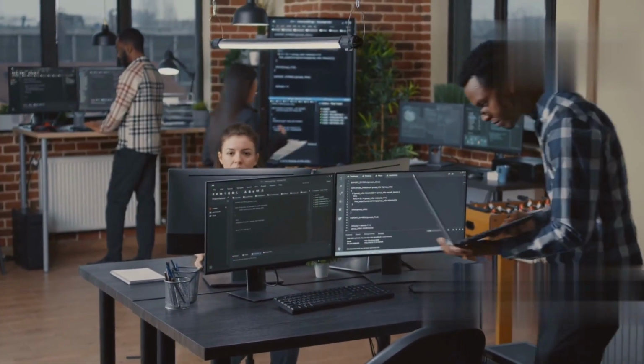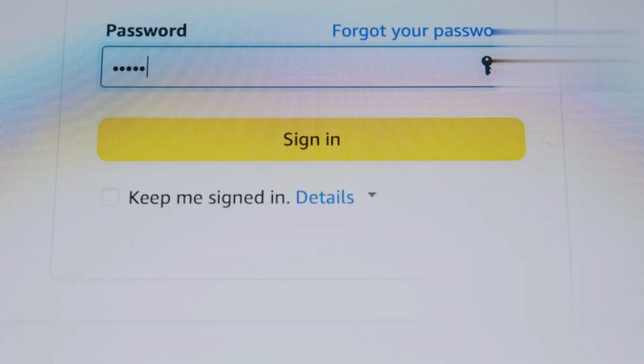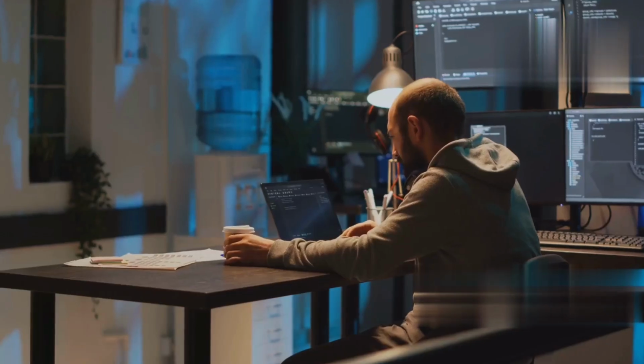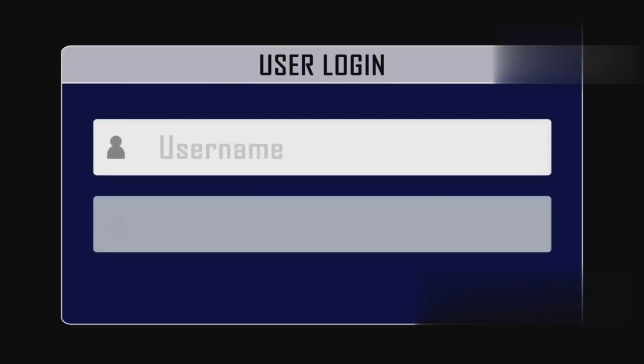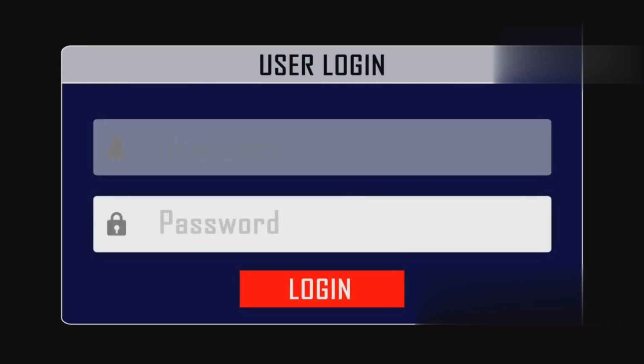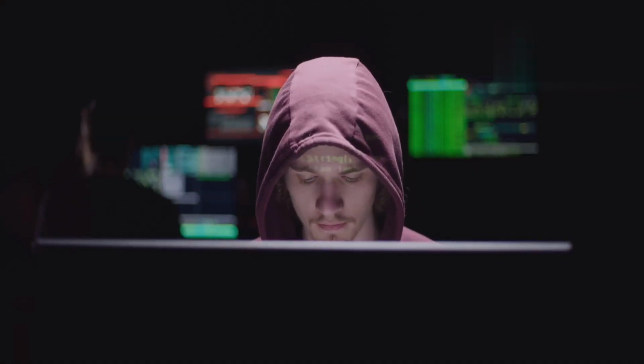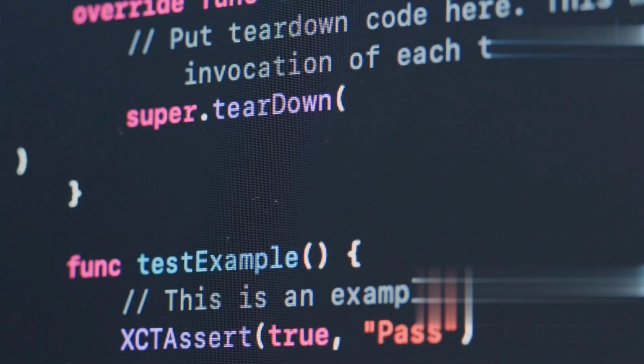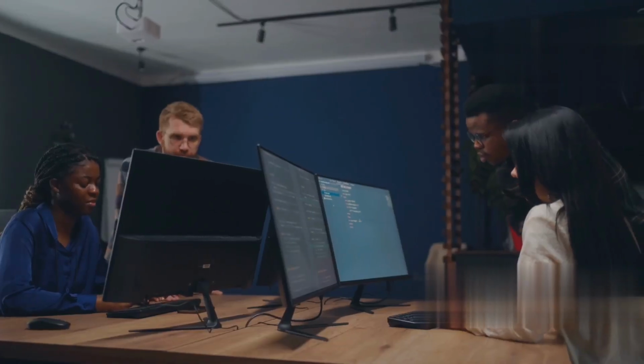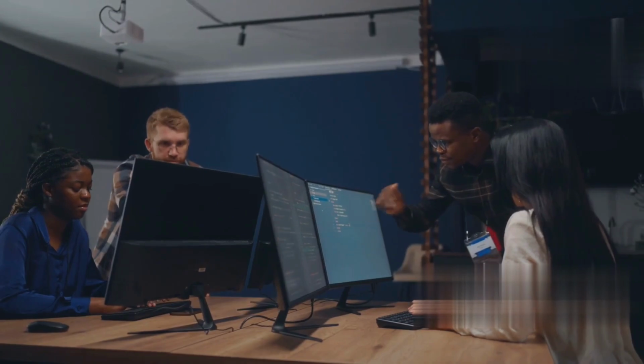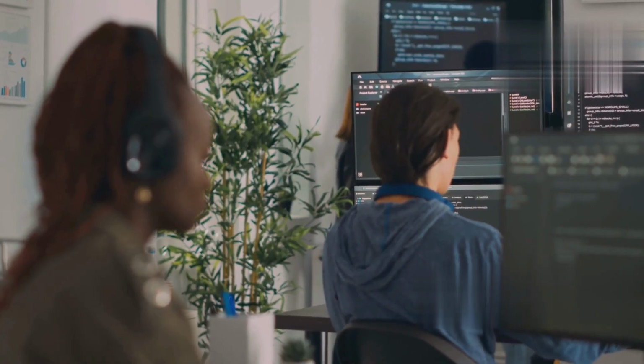So let's assume a developer is given a task to write a code where a user will enter his username, user will enter his password, and then user will click on login button. In the backend, the system will check in the DB whether this user is a verified user, whether this user exists in the system or not, right? So in the backend, a DB check should be done, and the developer needs to write a code for this.